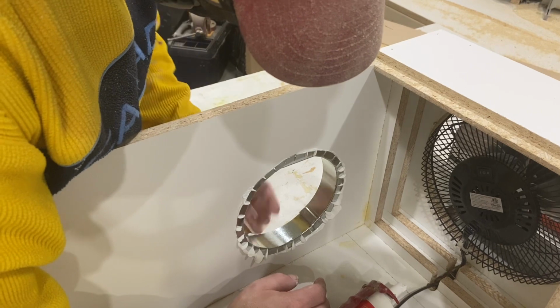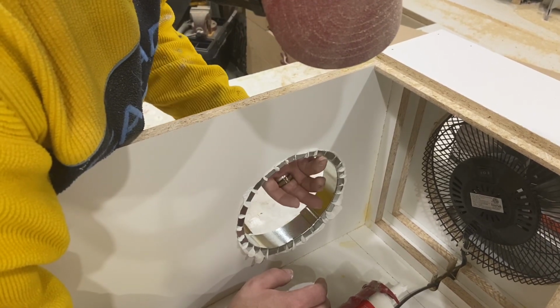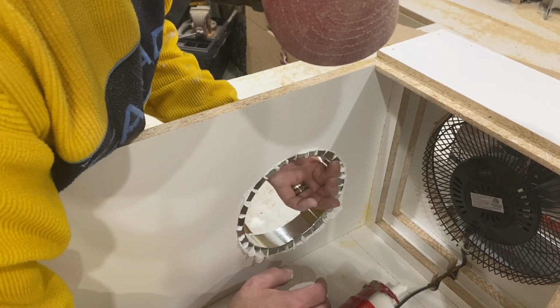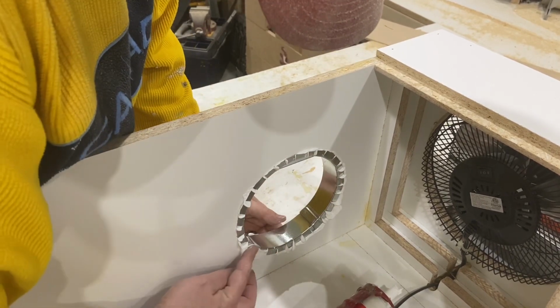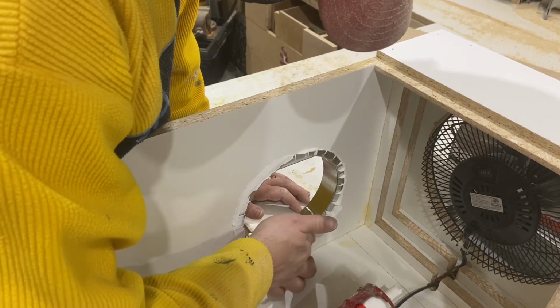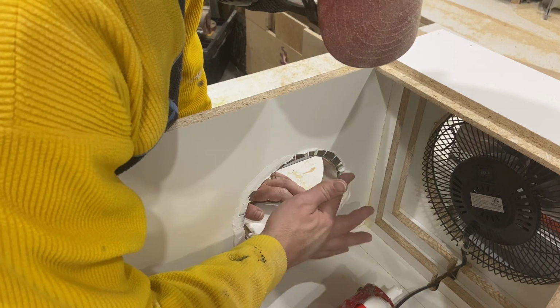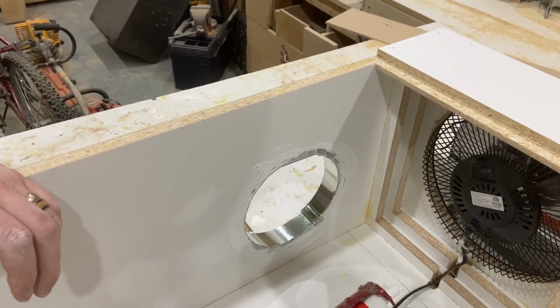And then when I'm finished, I'll just smooth it out with my finger, and that's more than enough to hold it. There's more than enough strength there. And again, it doesn't have to be cosmetic. This is on the inside, but I squished it around just to make sure it had the best possible hold. And once that was in and dry, I was able to move on to the next part,